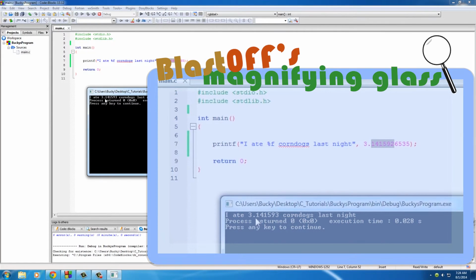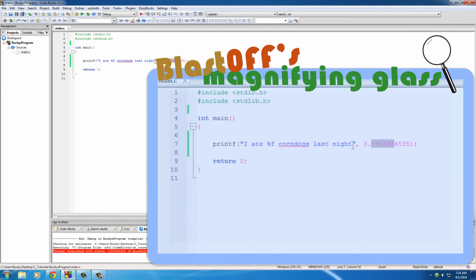So that's why I say I ate that many corn dogs last night. However, if you want to format it to only show, let's say, 1 decimal place or 3 decimal places, you can have something like this. Actually, let's change this up a bit. It doesn't really make sense. Who counts the percentage of corn dogs they ate? So we can say something like pi is %f, and then we'll go to a new line. Actually, if we just copy this because we're lazy,